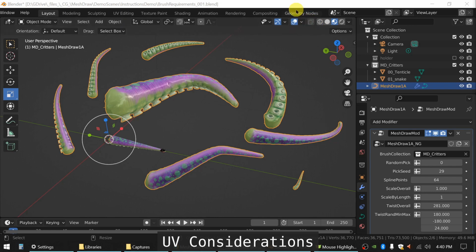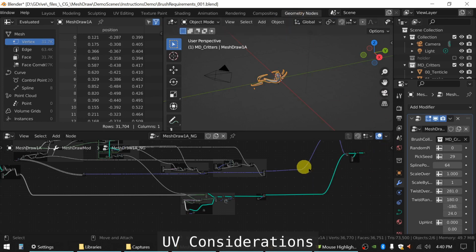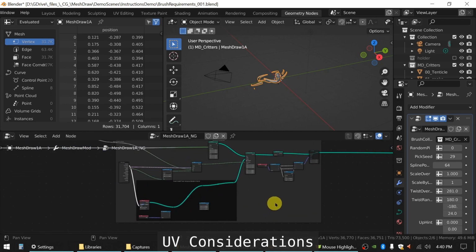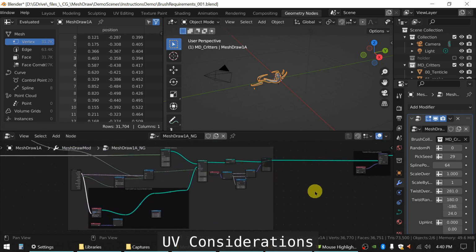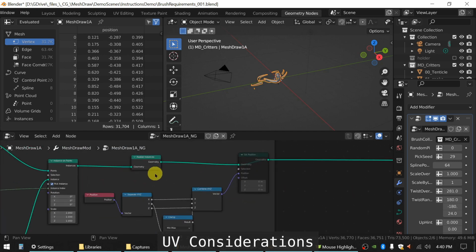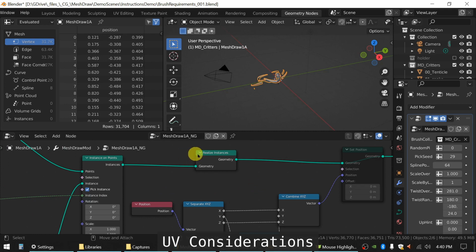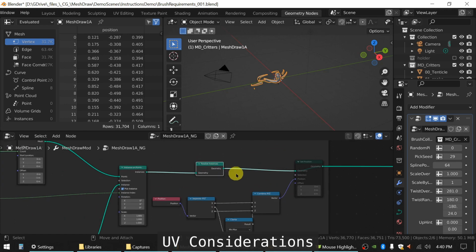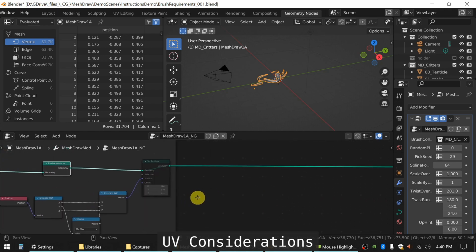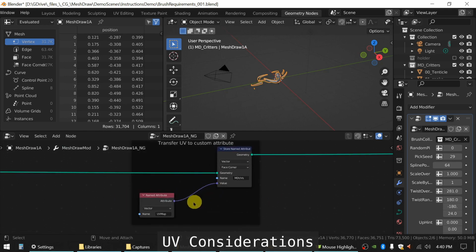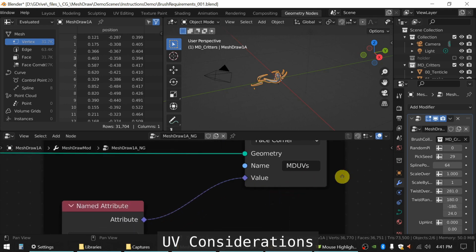Specifically, if I take a look at the network that's making this thing, down here is where I'm instancing the geometry, and before I can warp the vertices around, I have to realize instances. As soon as you do that, it kills your UV information. Kind of a bummer. To work around that, I can copy into a new named attribute,